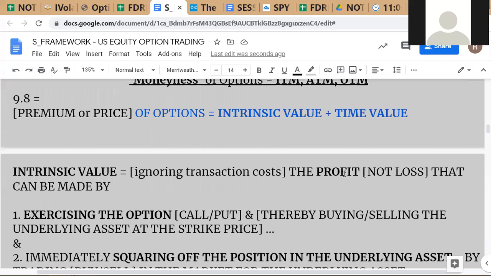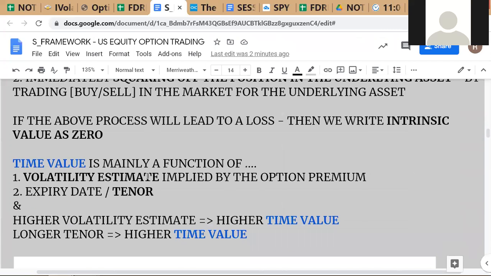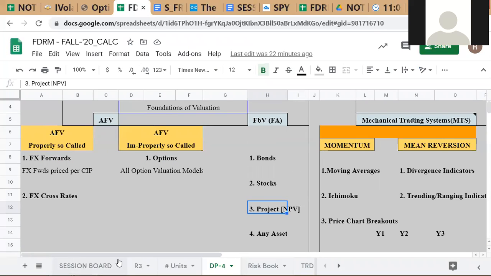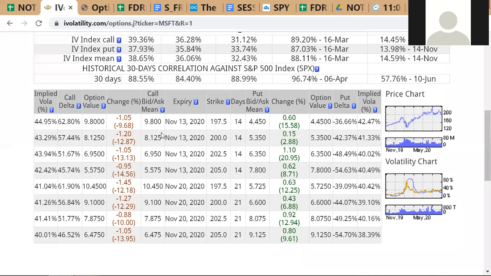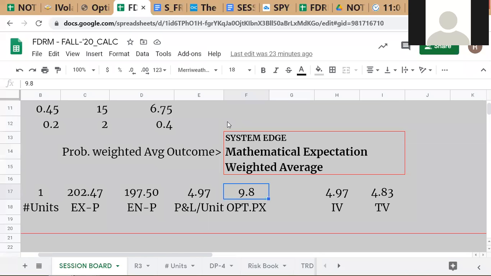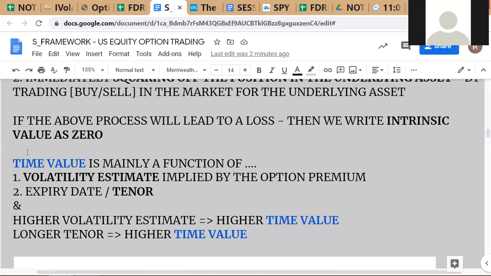If you make a profit, then you write the profit as the IV. IV is equal to the profit. The intrinsic value is equal to the profit. So therefore your option premium, as you saw, in the case of the Microsoft option here, 9.8, November 13th call, strike of 197.5, consists of IV of 497 and TV of 483. TV is mechanically defined, premium minus IV, but it's important to understand that TV is going to be driven